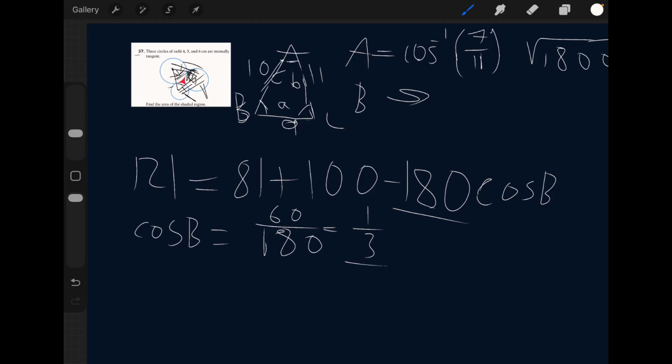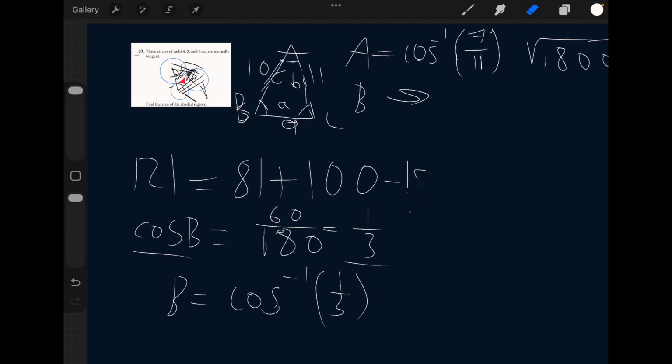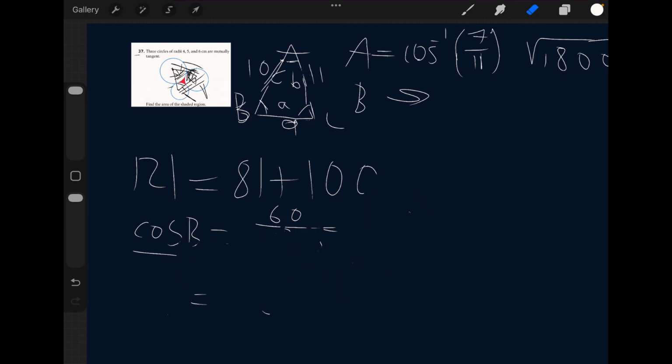Okay, now we have this, and then B, of course, will equal the arc cosine of 1/3. Okay, so that's the second angle, and the last angle is just going to be pi minus these two,